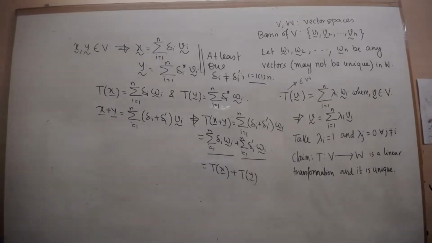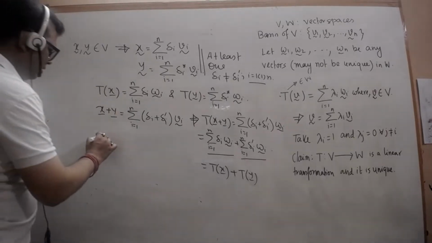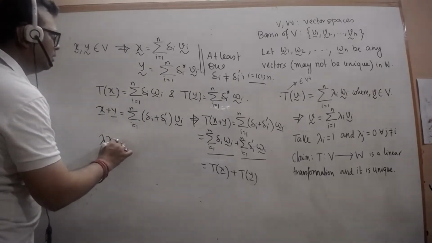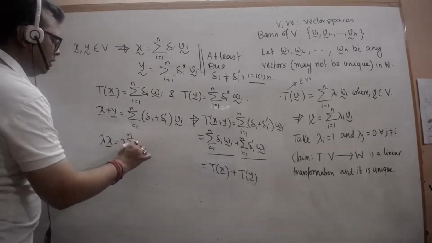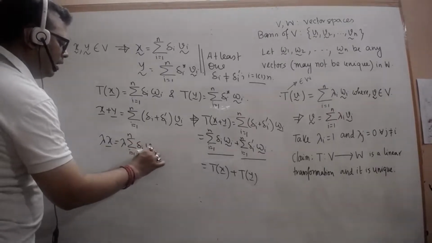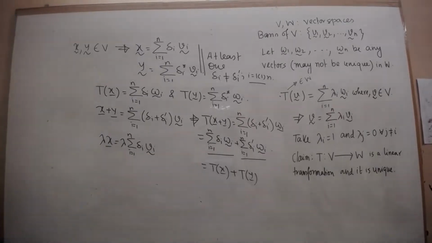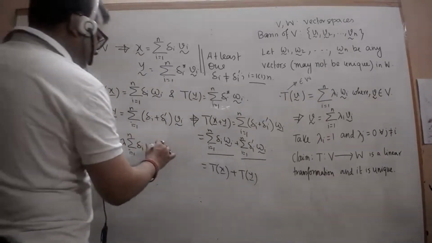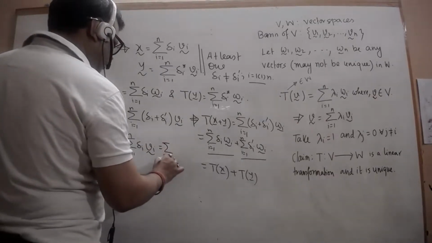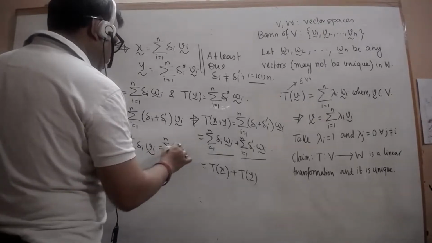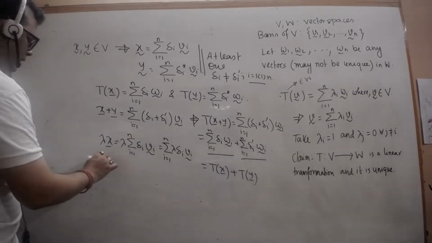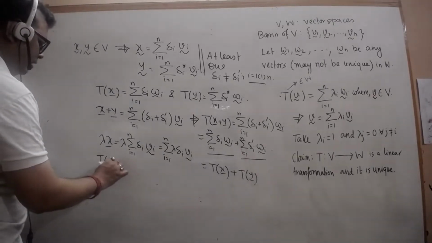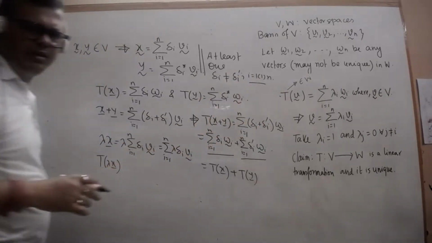Now for the second, lambda x curl is equal to lambda times the sum from i equals 1 to n of delta_i v_i, equal to the sum over i from 1 to n of lambda delta_i v_i curl, then T(lambda x curl) according to the definition of T,